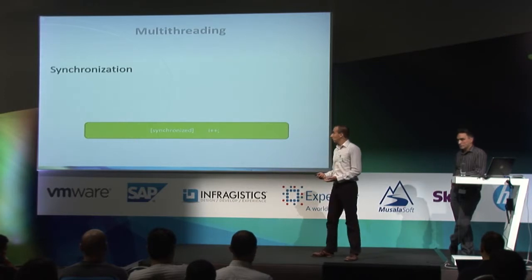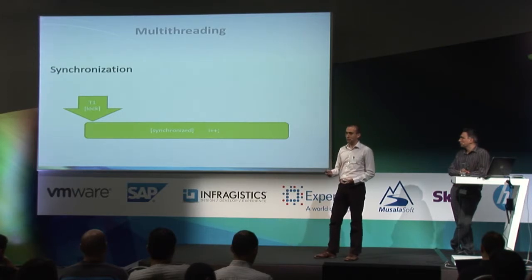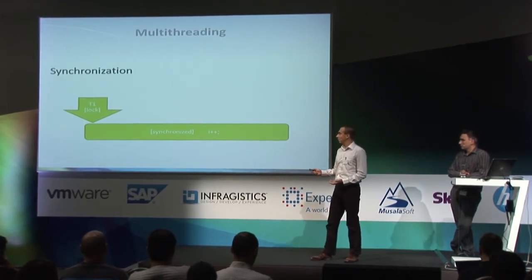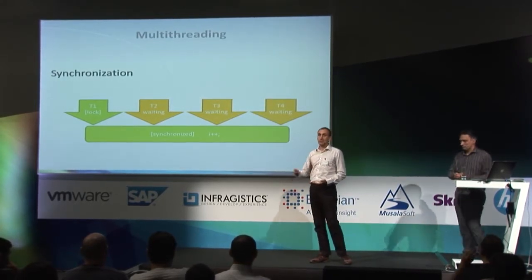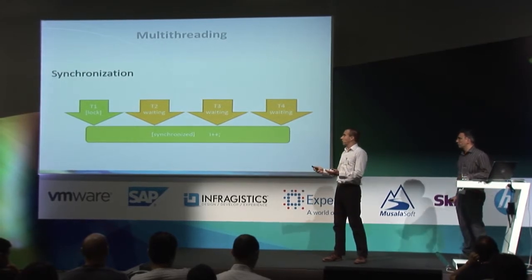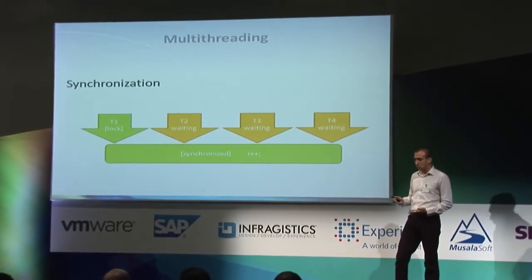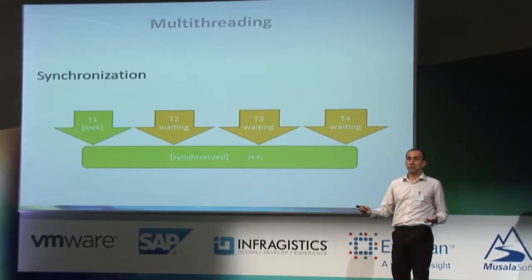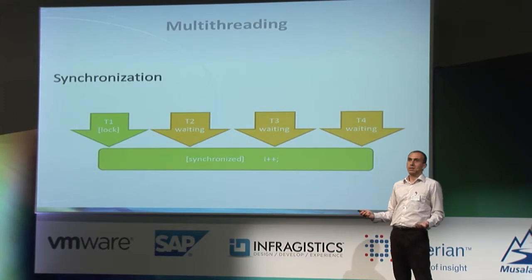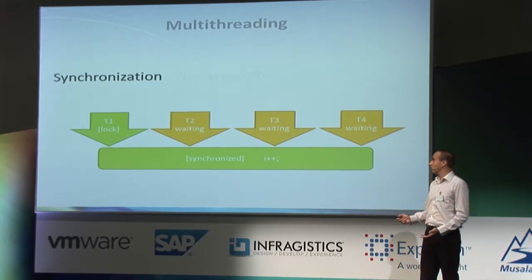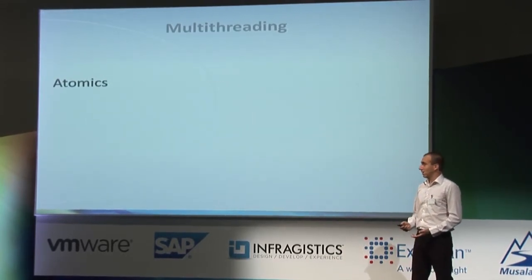But let's see what's going to happen if we make the code synchronized. First will come the first thread that will obtain the lock and start executing the code. In this time, all other threads that came will just stop there and wait for the first thread to finish and release the lock. Later on, the next thread will obtain the lock, and only it will work in the code. So this way, we have, again, a synchronous execution of the code. Only one thread is working at a time. So we actually did nothing. We're back to square one. So synchronization is not an option. The other option that can be used is atomics.